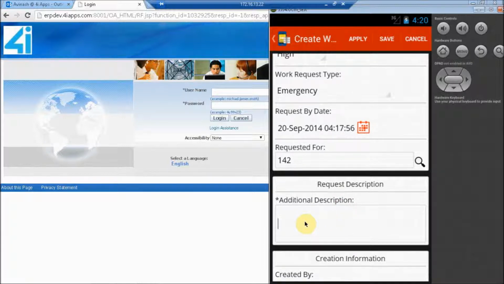we have mapped it from the Oracle EBS server. So it's the same screen as you see in your Oracle EBS work request creation screen.